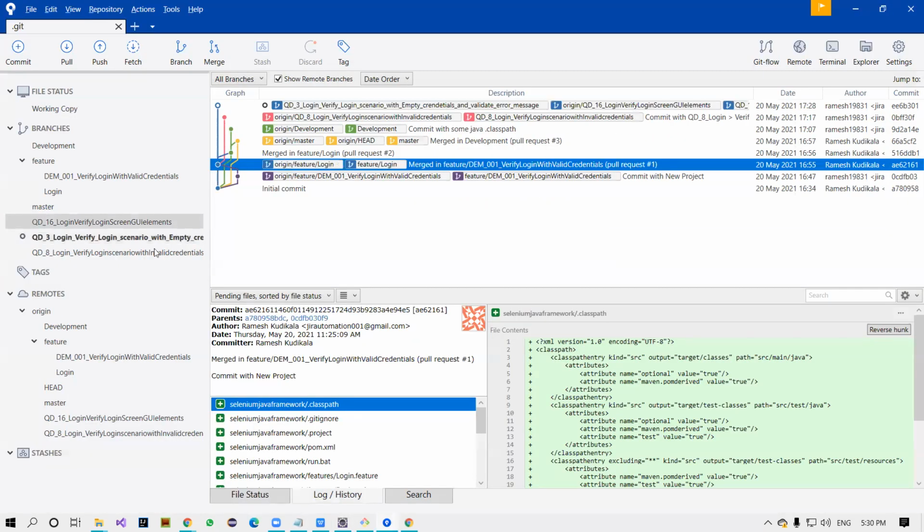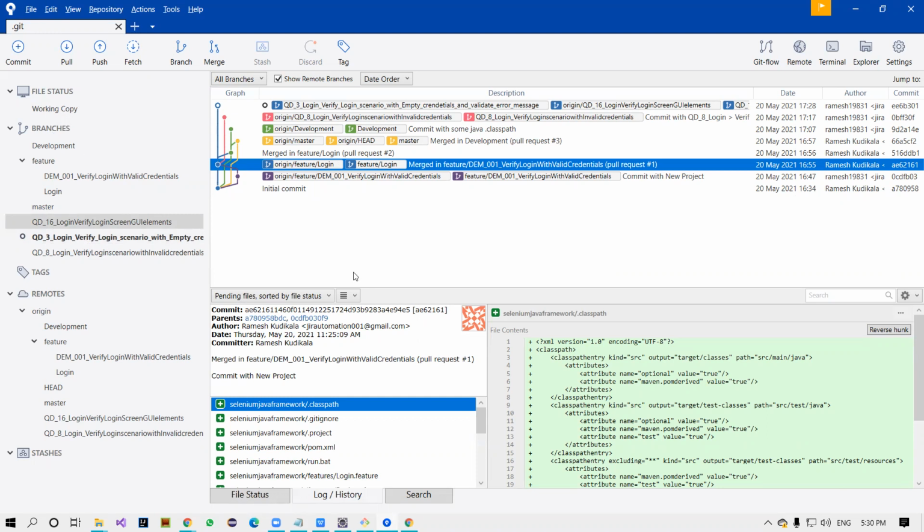So this way you can merge from one branch to another branch. No issues like that. But do not try to merge the wrong way. You can merge from development to your sub branch. You can merge from master branch to development or some other branch, but you should not merge your local branch to the development or master branch. That is the reverse direction. You should not do that.